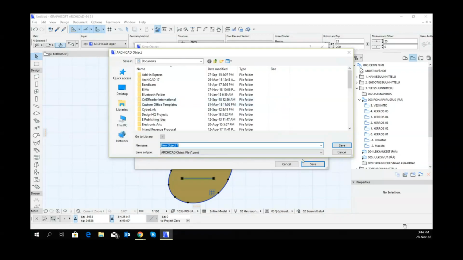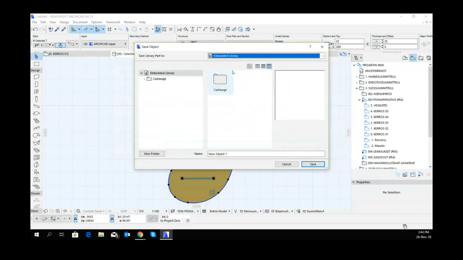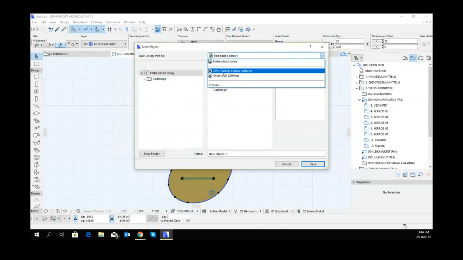So we'll end up putting it probably into either the custom library if it's an object that we'll use in many projects, or the project-specific library if it's just going to be for that project. So I'll just embed it at the moment